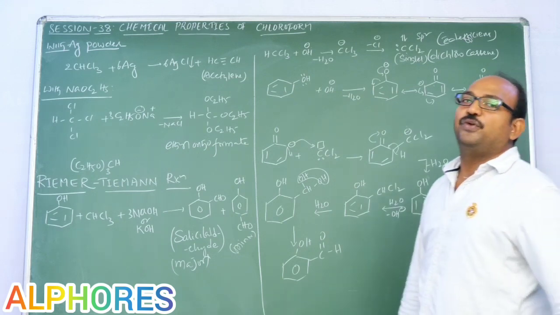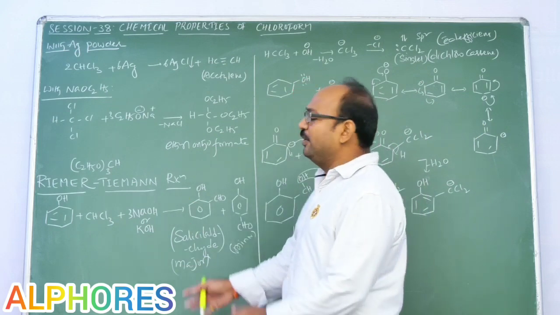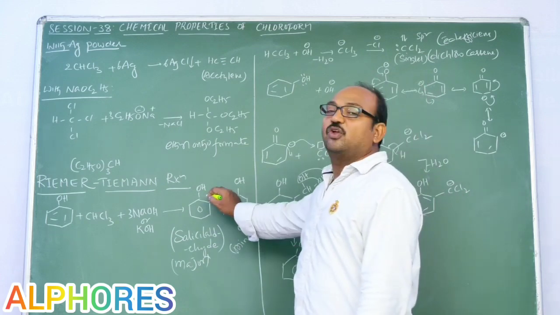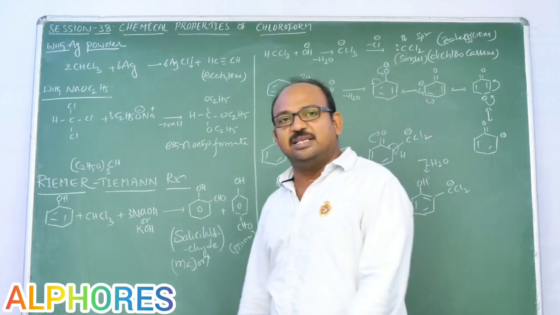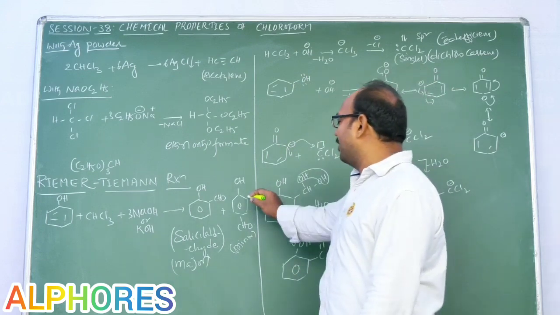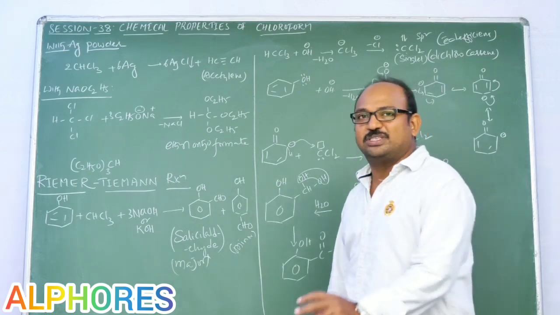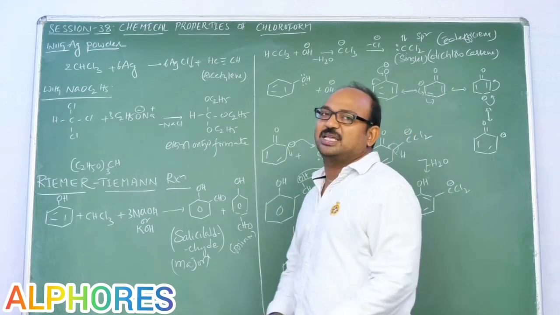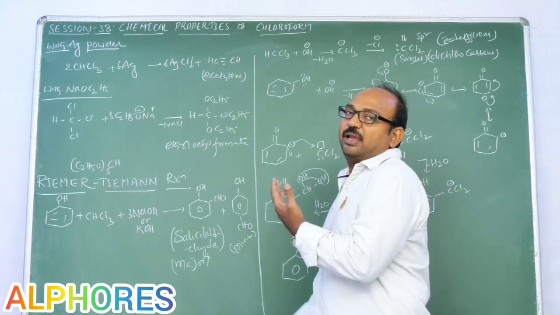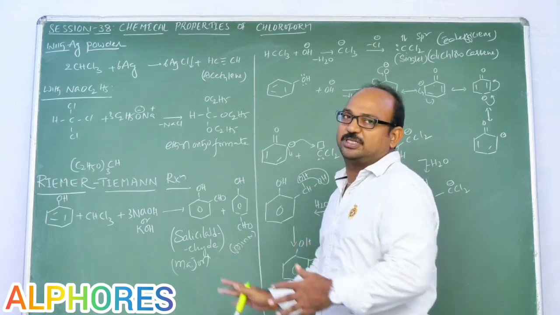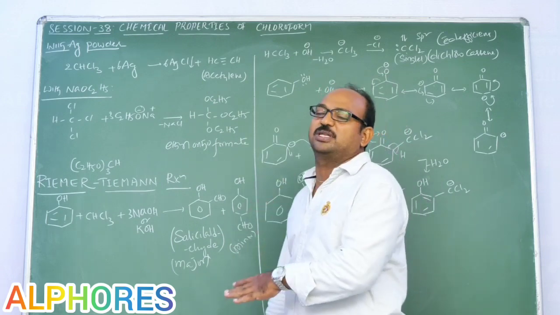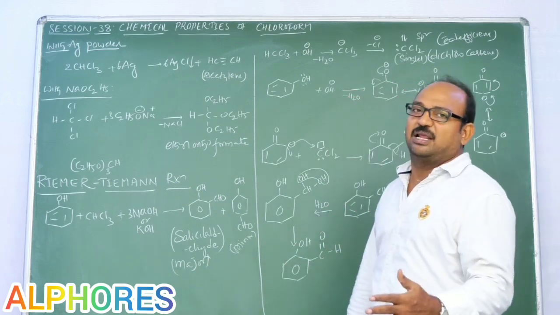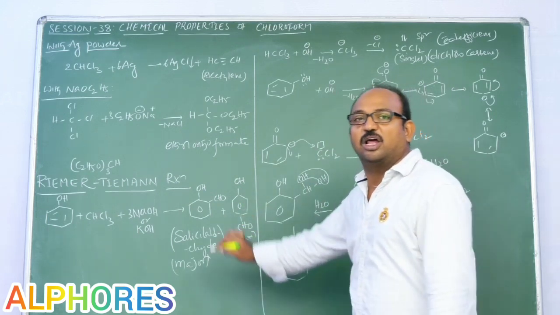Reimer-Tiemann reaction. Phenol upon reaction with chloroform in the presence of alkali, either sodium hydroxide or potassium hydroxide, any alkali, gives ortho-hydroxybenzaldehyde, also named salicylaldehyde, as the major product, and para-hydroxybenzaldehyde as the minor product. Here the question is, in previous sessions you mentioned clearly that the para product is the major product because of steric hindrance. Any species, meaning an electrophile, prefers to go to the para position rather than ortho, because of ortho hindrance. So para will be major, but here you wrote para is minor and ortho is major.